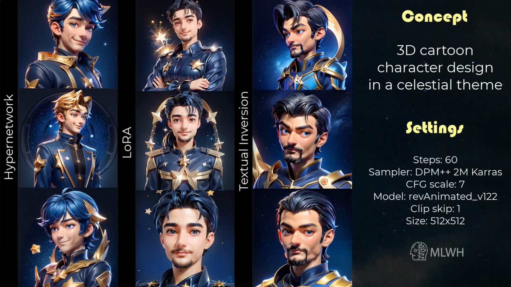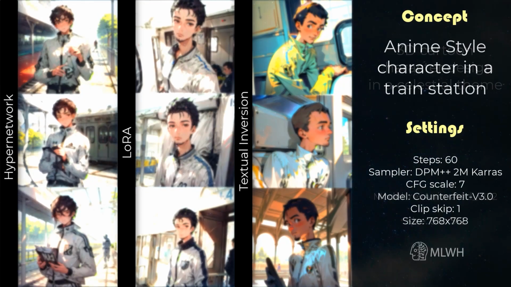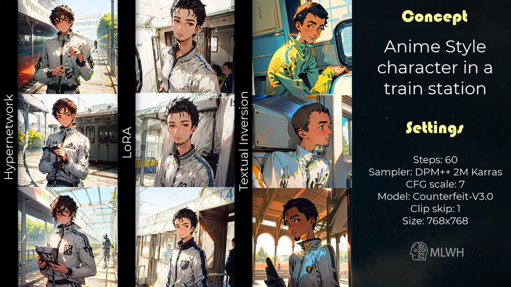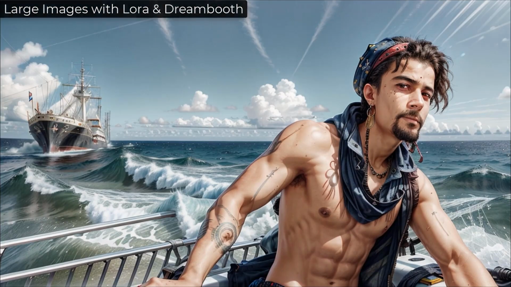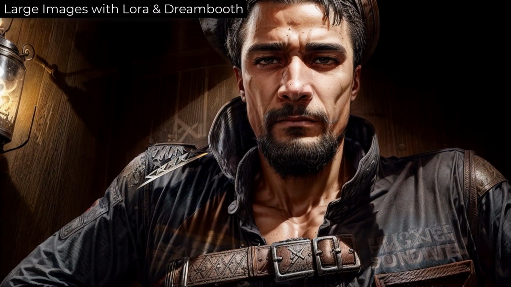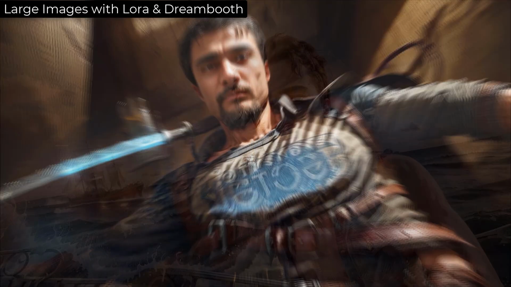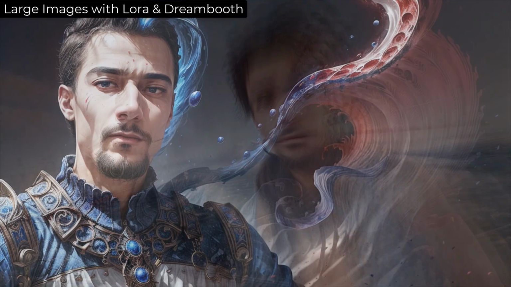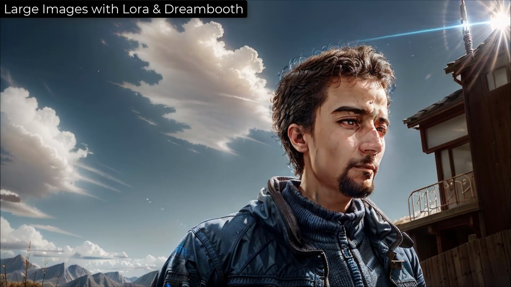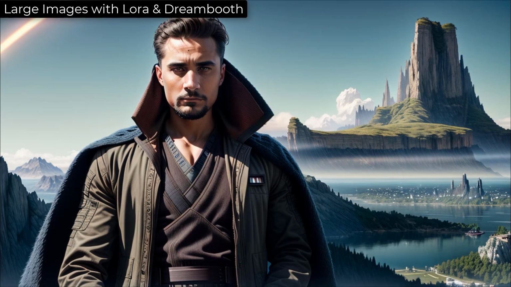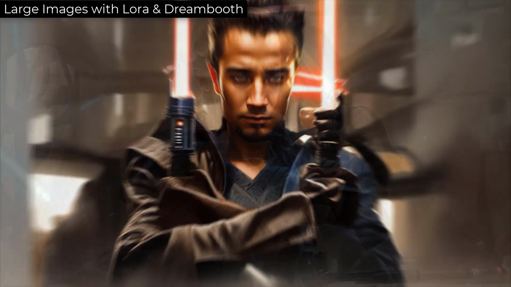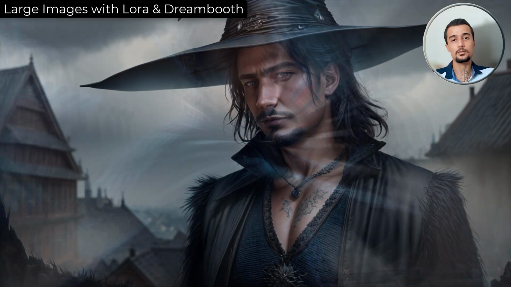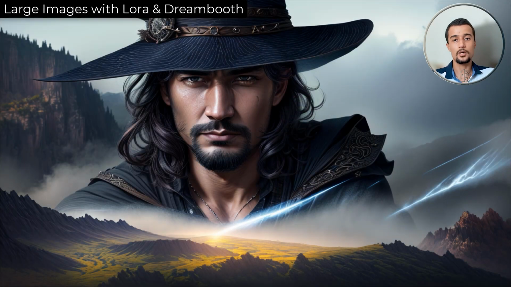But the remedy for that is to use, for example, ControlNet or InPainting to insert, in this case, your face within other images that were generated using the same prompt. So for example, in these results, the images in the Star Wars style are generated using ControlNet on high resolution images of Star Wars characters. And as you can see, you can produce great results using these techniques. I will maybe make a video on how to use ControlNet and inpainting along with LoRa's and the other techniques in another